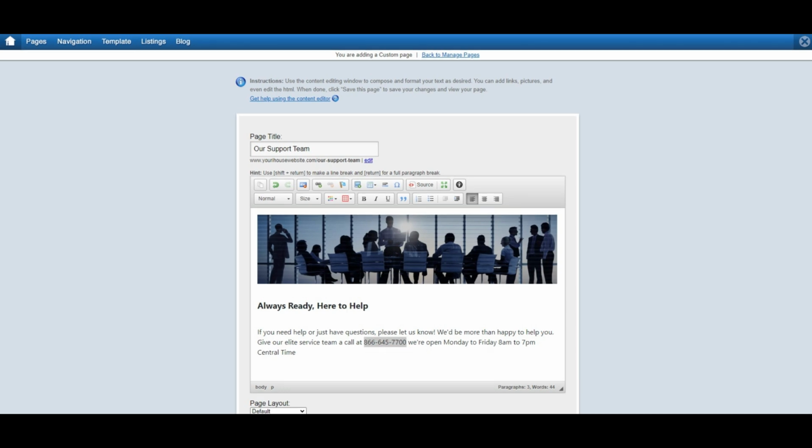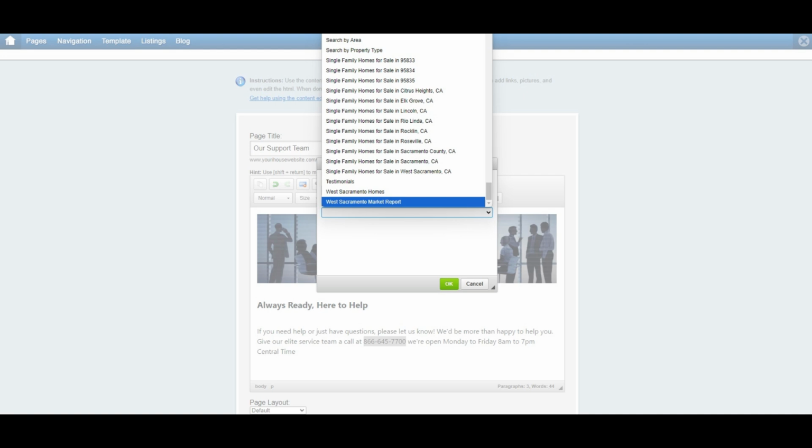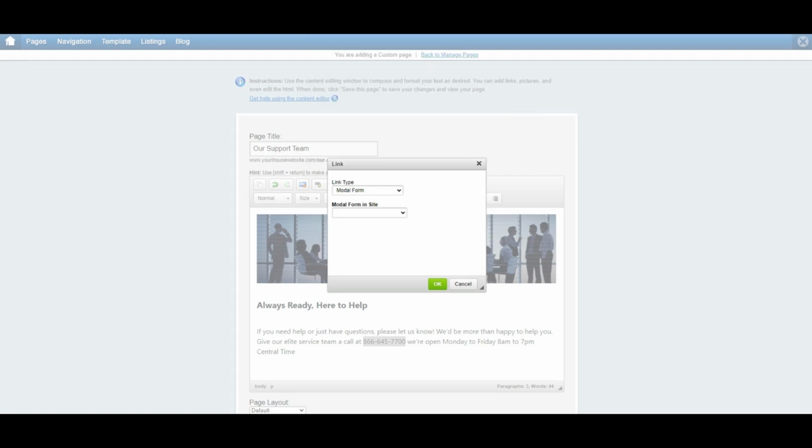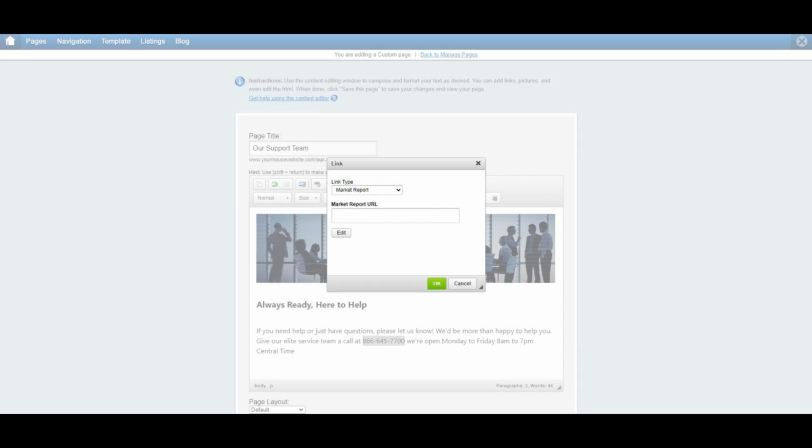Highlight the text that you'd like to link and press this link icon found above. This will open the linking menu for you. Any text that you highlight and you press this will allow you to link the text when clicked to any of the following, such as pages, which are pages within your website, modal form, which will present a form in a little pop-out window in front of you to any form on your website, IDX search, which will allow you to hyperlink to a IDX search you create right then and there,